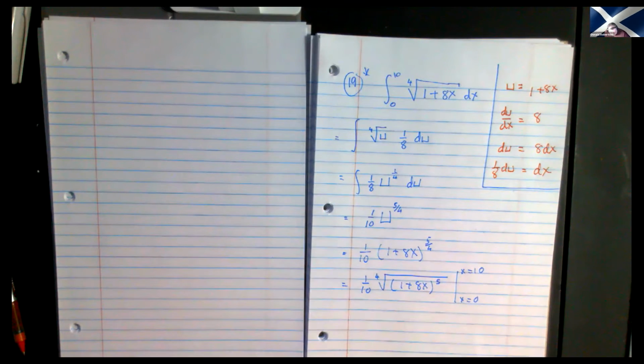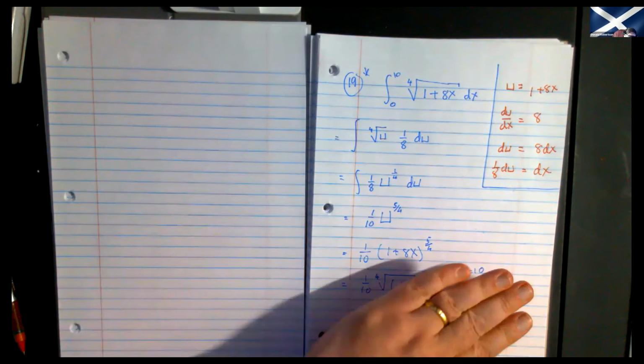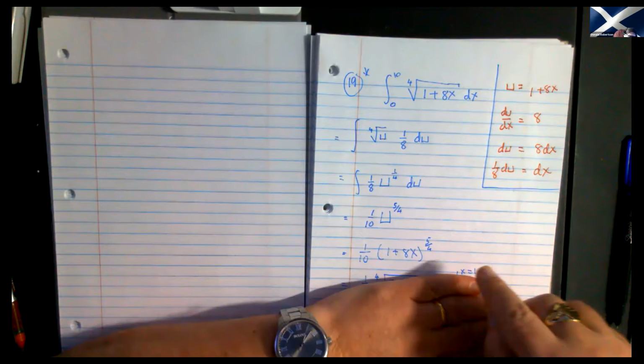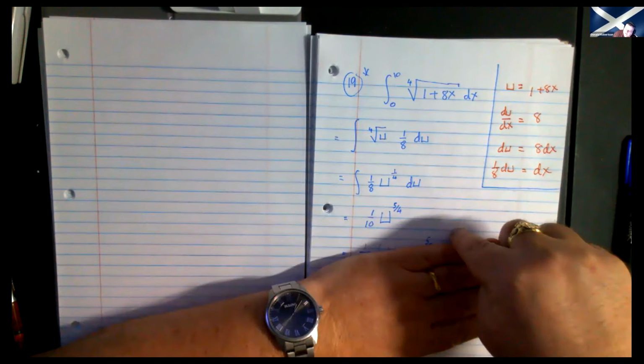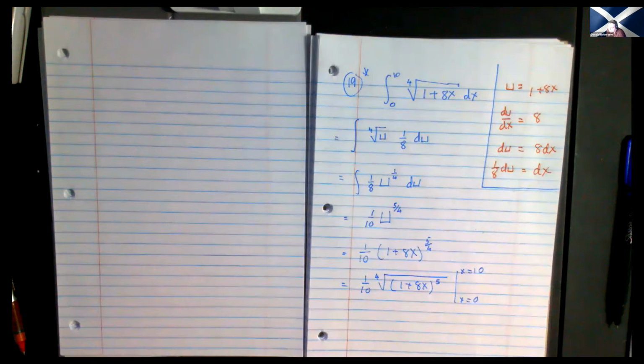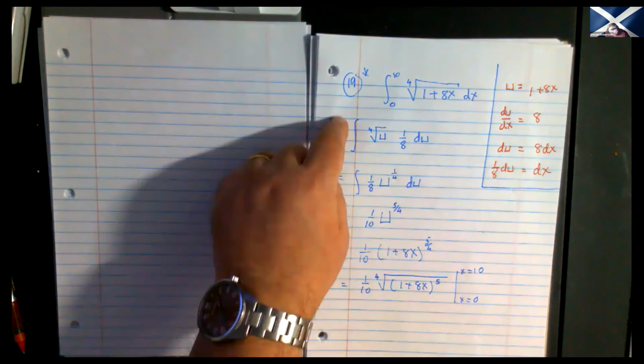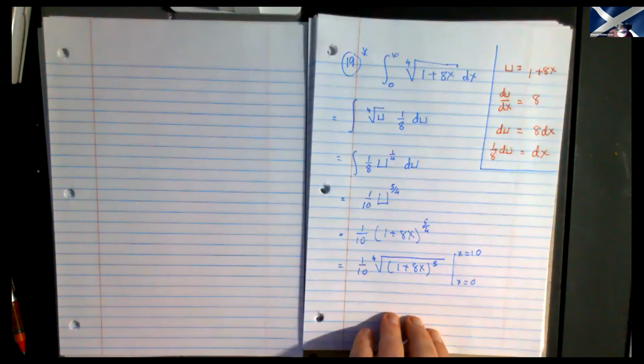Why do I not want to do that? The number of people who I've seen who've got to here and then go, boom, u equals 0 to u equals 10, and evaluate it as if these were u values. And it doesn't work, it's just wrong, right? So I tend to just not write it that way. If I don't write it, I'm less likely to screw up. Now, at this point in time,